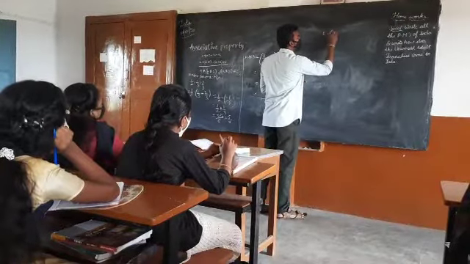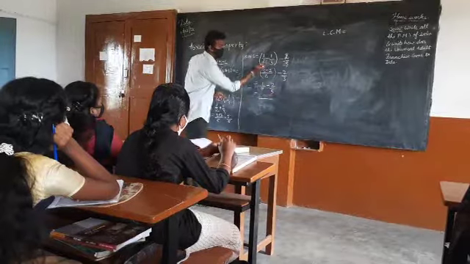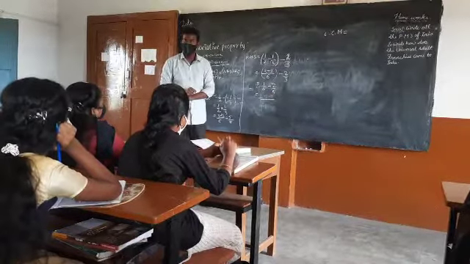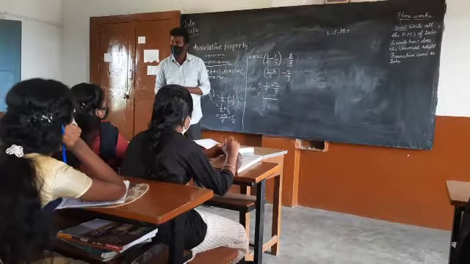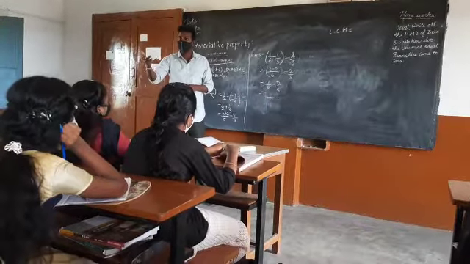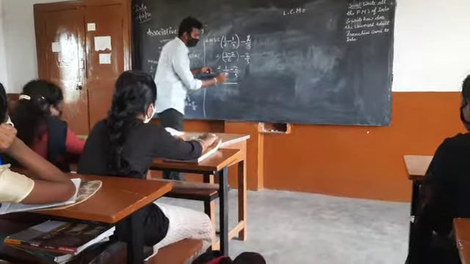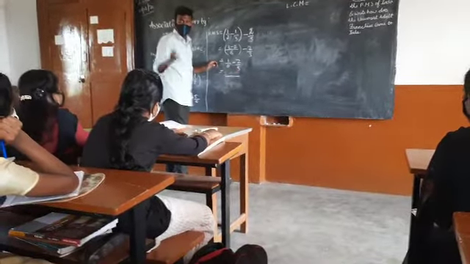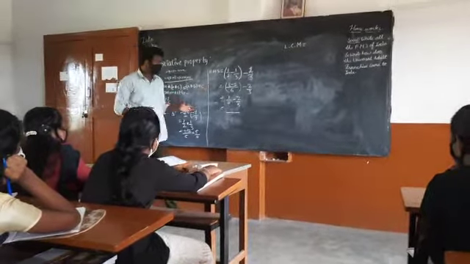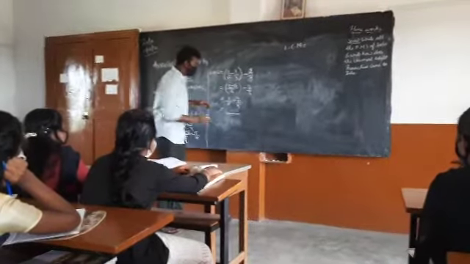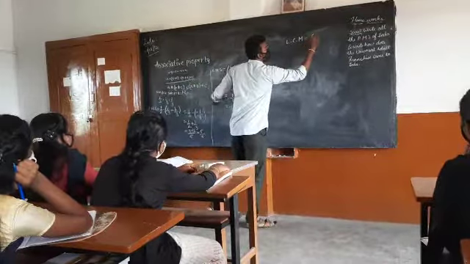LCM is not always meant for direct multiplication. When they do not have common factors, you can directly multiply. But 6 and 3, do they have common factors? They have a common factor of 3. Understood? Both numbers are in the 3 table. So we don't need to multiply directly at those times. It will make our solution bigger. Understood? So what we need to do is find the LCM of 6 and 3.